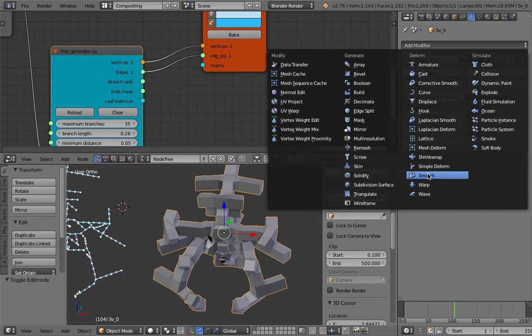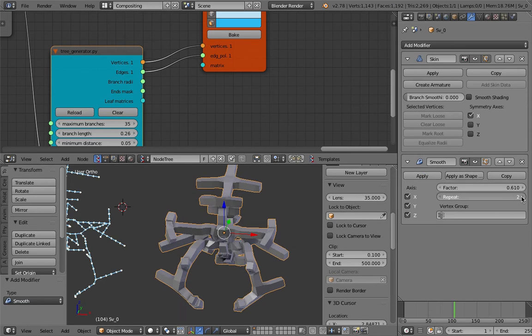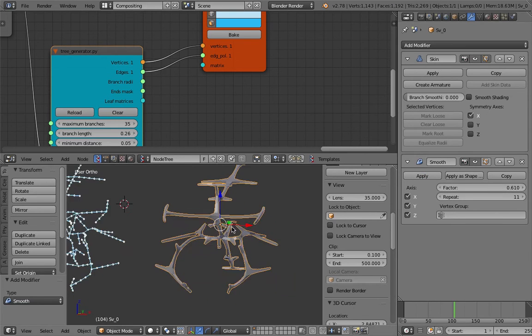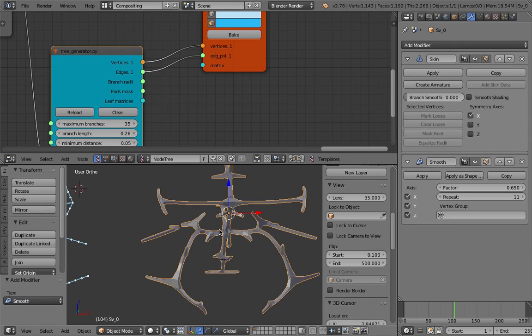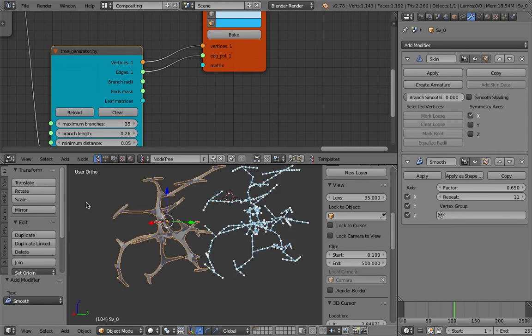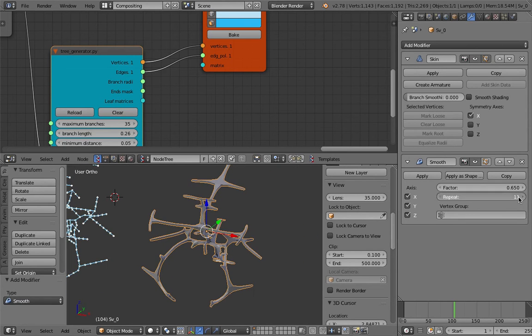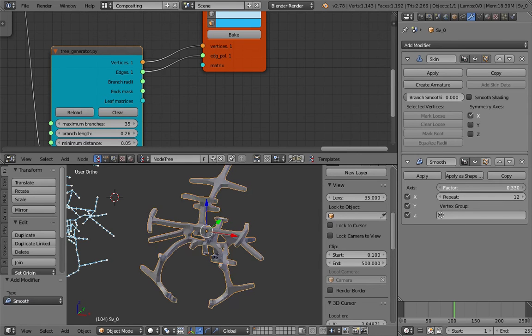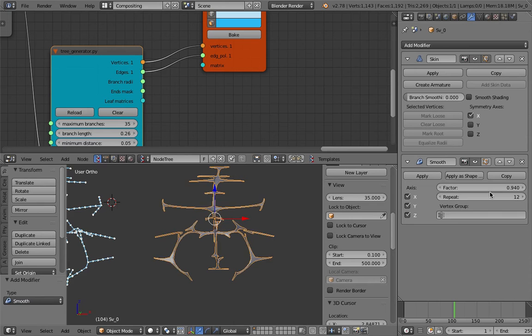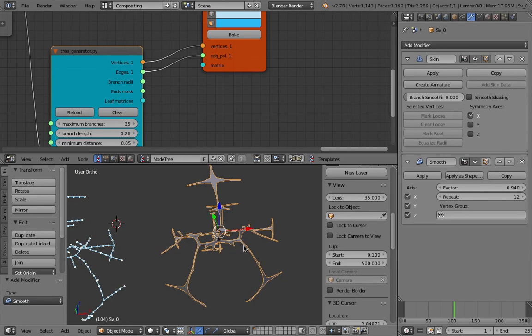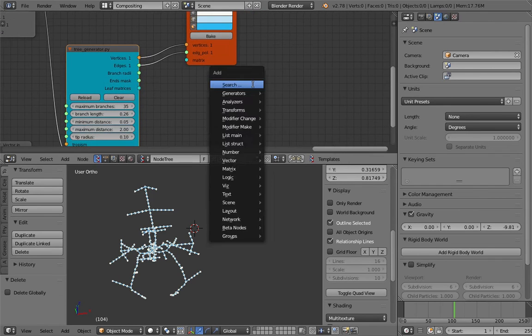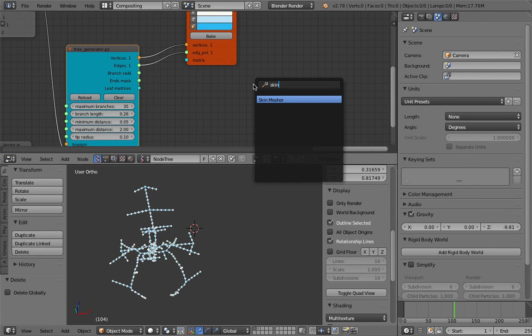Maybe we can smooth it. Slightly better. That's actually much better looking. Kind of like that kind of design, much more edgy. So if I use the skin modifier again,